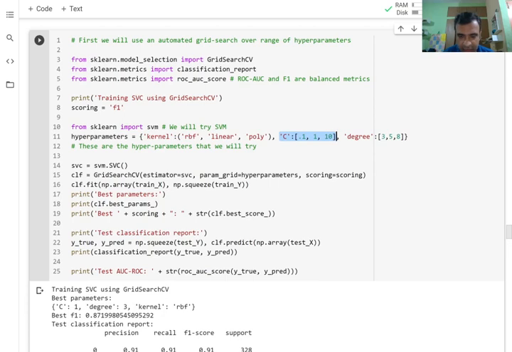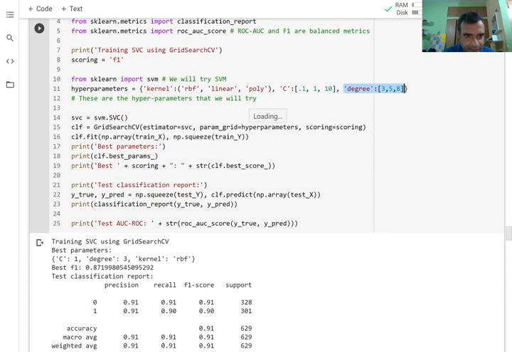So this basically controls whether it perfectly fits the training data, or it doesn't perfectly fit the training data, but then it will also probably not do badly on the validation data. So these are different hyperparameters. For every model that you use, you should know what the hyperparameters are, and you should experiment with them. And these are different degrees of the polynomial for the polynomial kernel.